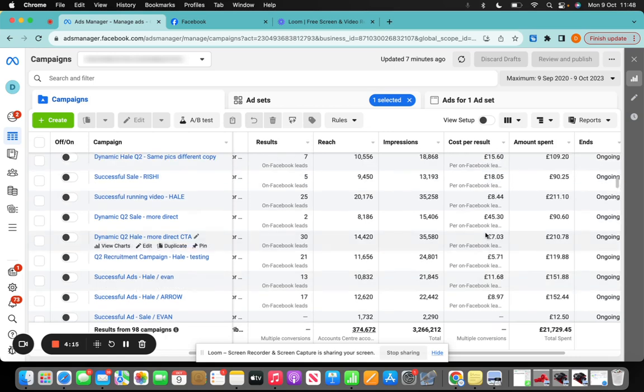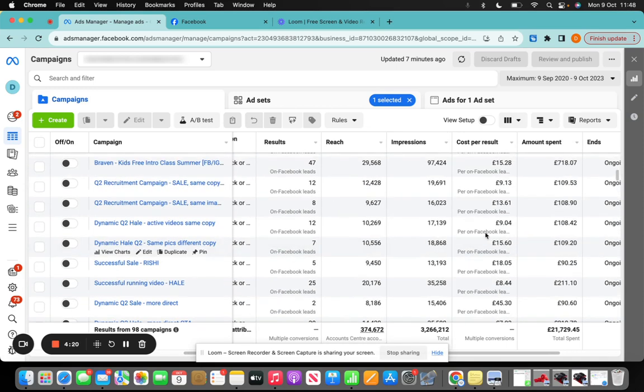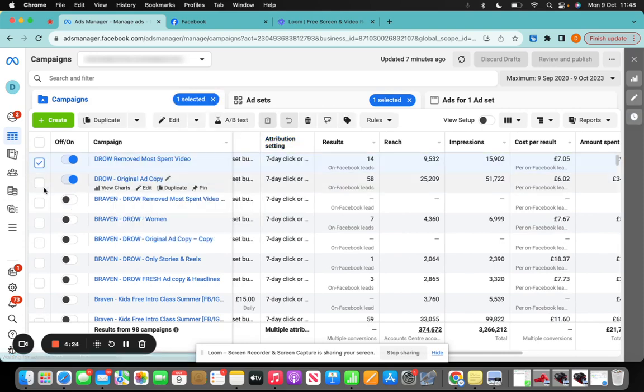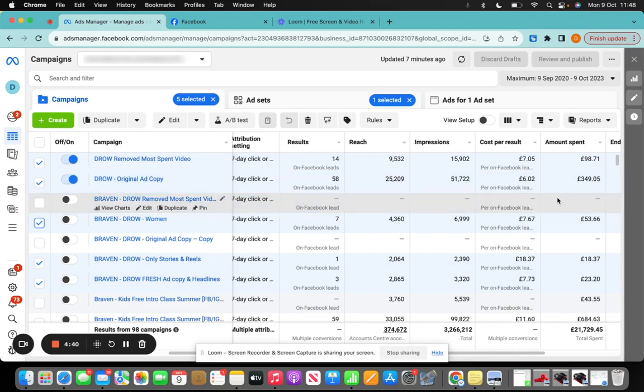So we jumped on, and our goal was literally just to bring the cost per lead down. The follow-up system, everything they've got in place after that is already incredible. So what we did straight away, let me highlight the campaigns that we actually started. First thing we did was we just tested a load of different campaigns. So we split the budget, so it was like £5 a day for each one of these campaigns. And we just straight away wanted to see which ones were going to work the best.